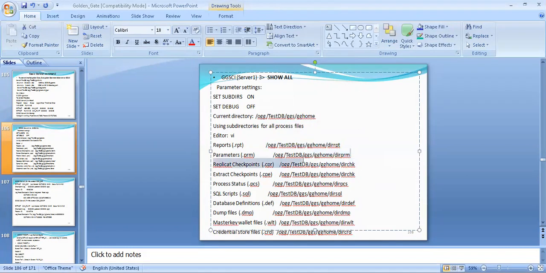The dirprm directory is used to store parameter files for all processes, extract process, replicat process. Every process parameter file will be stored in this location. In the same way we can use the other directories as well. When we install Oracle Golden Gate, these directories are created automatically.